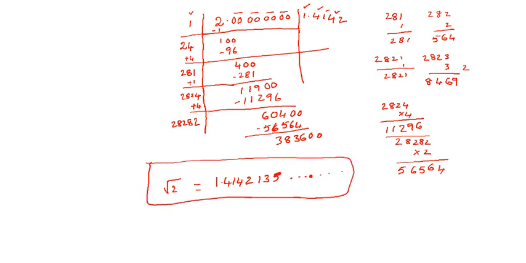Is it a natural number? Is it a whole number? What do you say about this number? 1.4142135. It's not a natural number. It's not a whole number. It's not an integer. It is not a rational number. How do you say that this is not a rational number? The decimal form of a rational number is written in two types. One is terminating decimal, otherwise non-terminating recurring decimals.